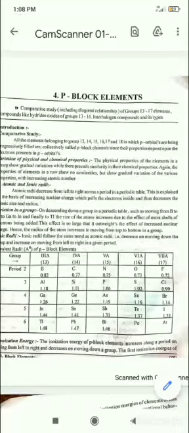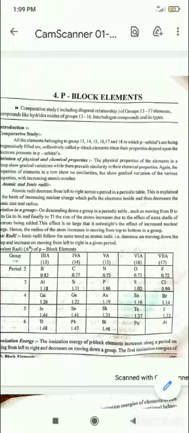We also have to study about the period. See, in period 2 there is boron, carbon, nitrogen, oxygen and fluorine. I am moving from left to extreme right. In the table, the extreme left has boron and the extreme right side has fluorine. That is boron, carbon, nitrogen, oxygen and fluorine.